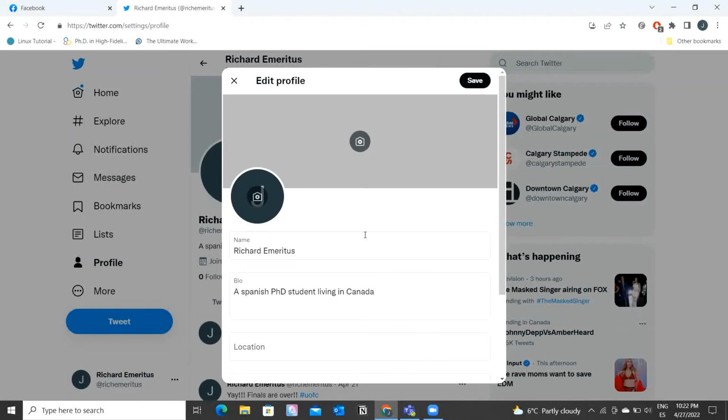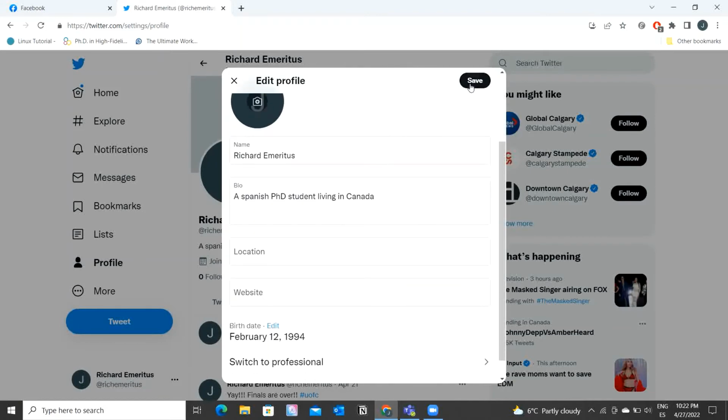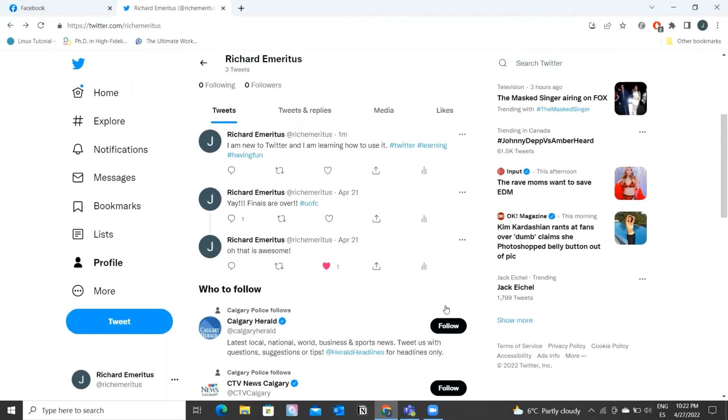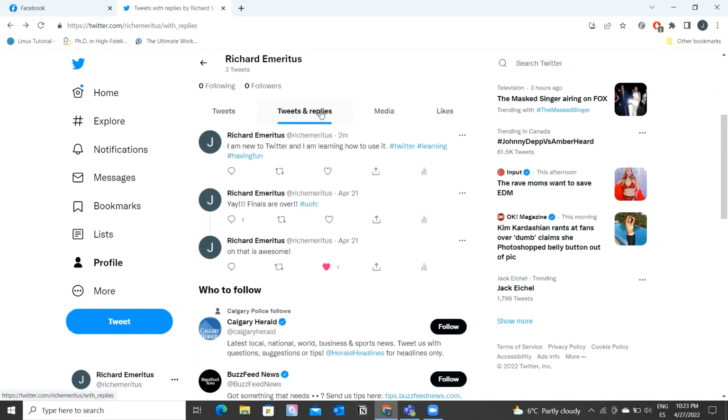You fill out all the personal information that you desire to make available on the internet, on Twitter. And just going through the other sections that can be found on your profile is the tweets, where you can find all the tweets that you have shared with the community. The tweets and replies, which is sort of like the tweets, but it also contains the replies of the people that have commented on your